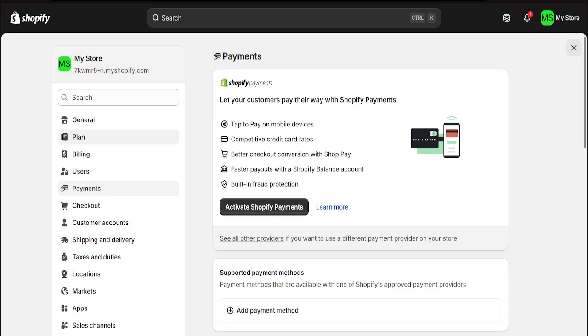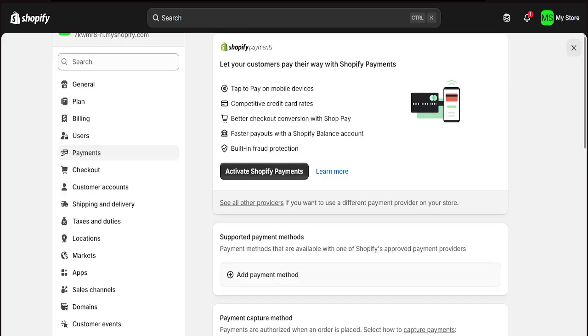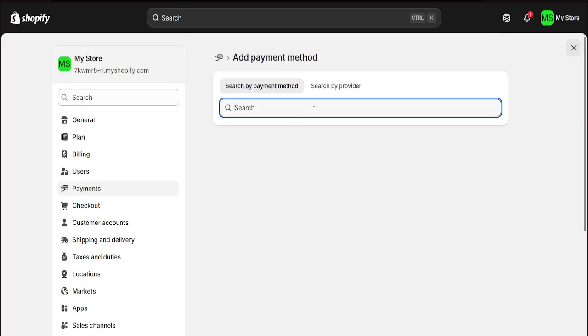To connect Xendit to Shopify, you need to understand they do not have a direct one-click integration in the Shopify App Store. You will be installing a third-party connector app that acts as a bridge between your store and Xendit's payment gateway. The most reliable method is to use a middleware platform, and the most popular and officially recommended one